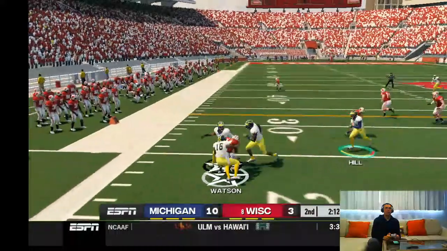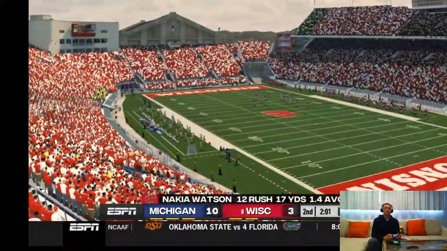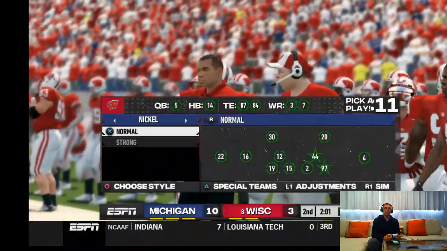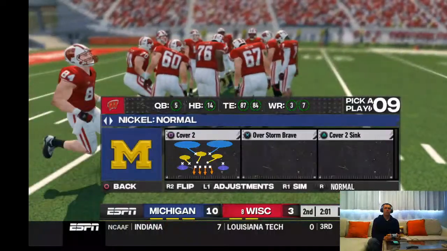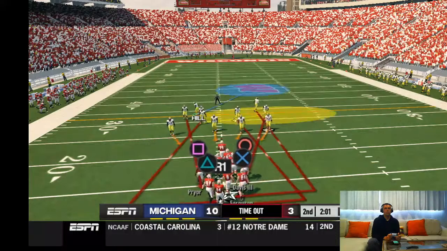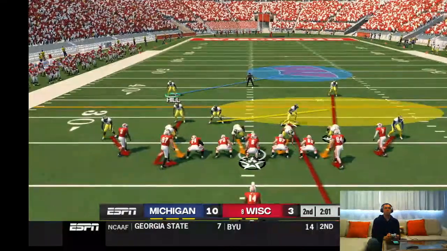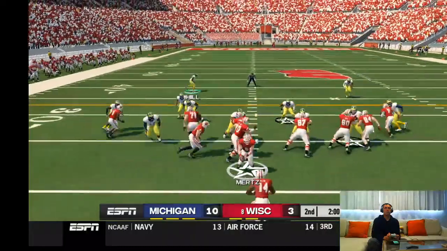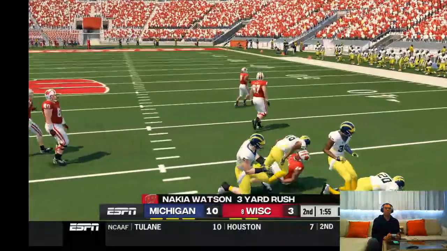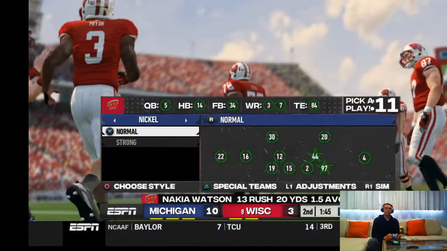Gives it off. And he's tackled at the 24-yard line. Wisconsin will take a timeout. That's their first of the half. Two minutes to go in the half. Got the corner. Tackle made around the 27-yard line. That's a gain of 3 on the play. That'll make it 3rd and 5.